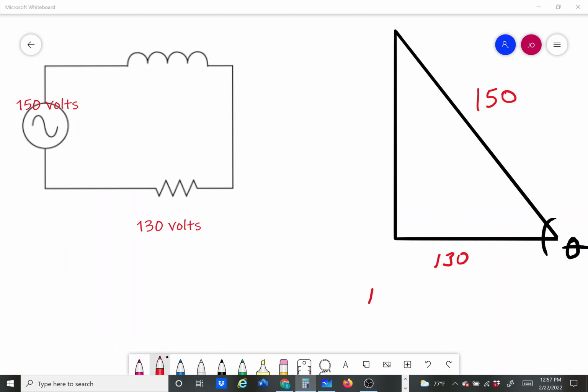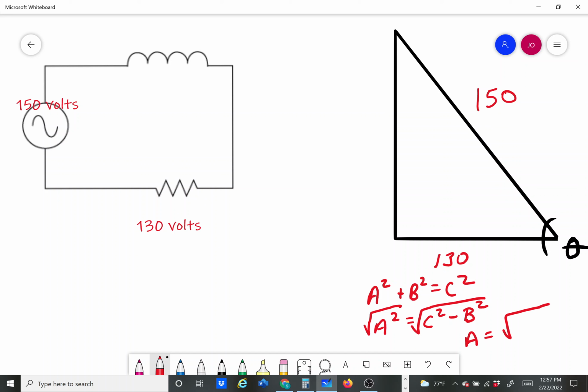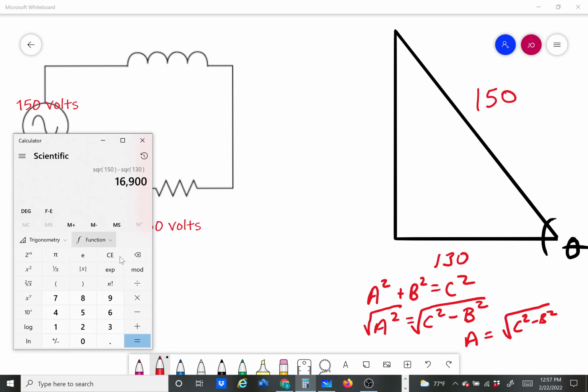If a squared plus b squared equals c squared, but I know c and I know b, then a squared equals c squared minus b squared. But I'm not looking for a squared, I'm looking for a, so I have to take the square root of both sides. That gives me that a equals the square root of c squared minus b squared. So when I do my calculation of c squared minus b squared,